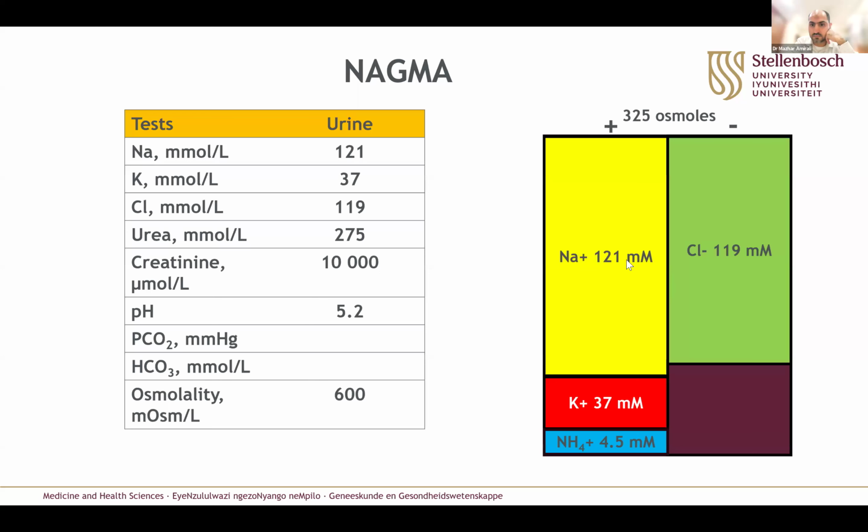In other words, if I only used sodium, potassium, and the chloride, without looking at the ammonium concentration, if I only use these three as the urine anion gap is, some people recommend, then yes, you would be able to say from here that